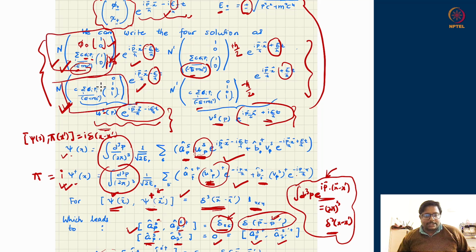So some normalization function should be there. It so happens that it should be independent of spin. It is easy to verify that spin half and spin minus half do not come with different normalization, and similarly for the negative frequency sector as well. But there is no a priori reason that the negative frequency and positive frequency sectors should have the same normalization.